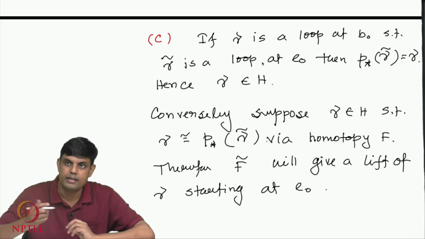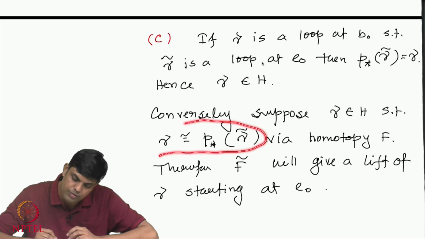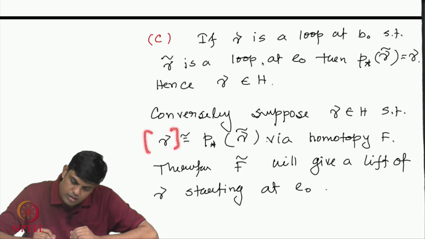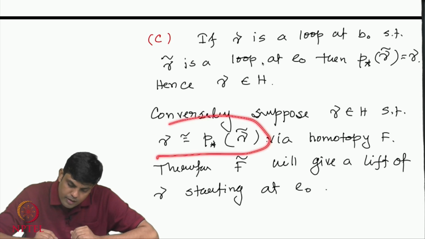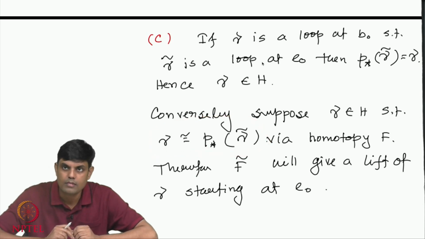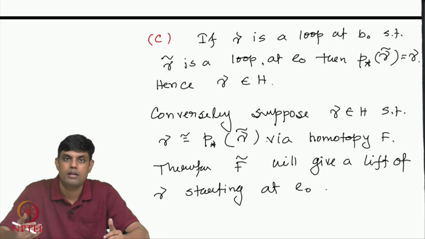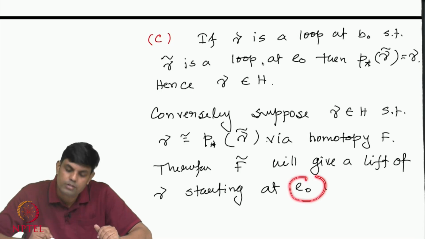Now, conversely, suppose gamma is in H such that gamma is P star of gamma tilde, such that they are in the same homotopy class. Therefore, there is a homotopy which takes P star of gamma tilde to gamma. Now, this is a homotopy; lift the homotopy, I get a unique lifting of this homotopy starting at E0,